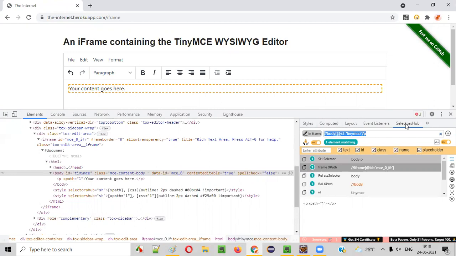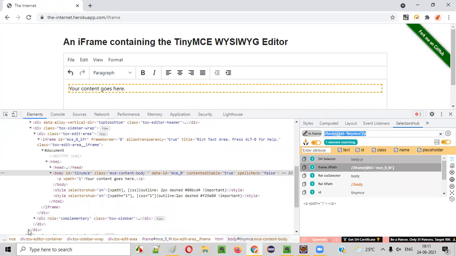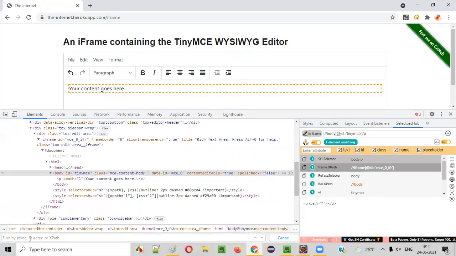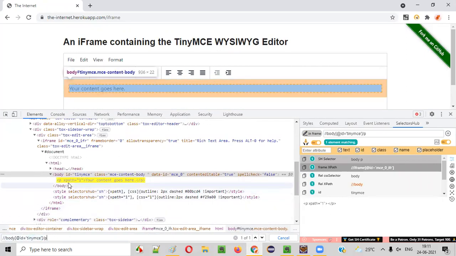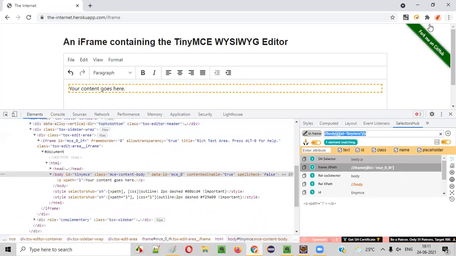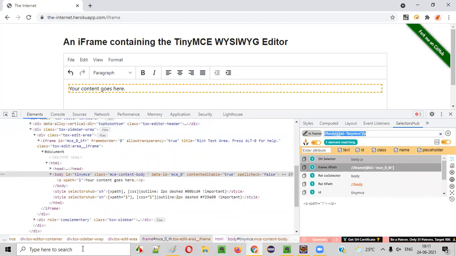Also, guys, the selector sub is kind of clever here. It is saying that it is in frame. This particular thing is there inside the frame. If you don't have selector sub installed in your machine, you can create this XPath in your Google Chrome DevTools also. Select one of the lines and press Control F. In this, you have to manually type the XPath and press enter. If it is getting highlighted, that means it's working fine. Either you can use this or selector sub. I personally prefer selector sub, guys, because it will save a lot of time for me. If this is not available, I will definitely go with the Google Chrome DevTools way of creating the XPath expressions, which I have just now showed you.